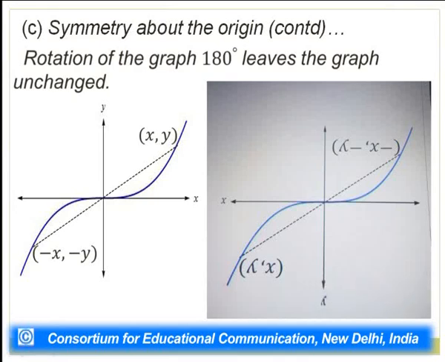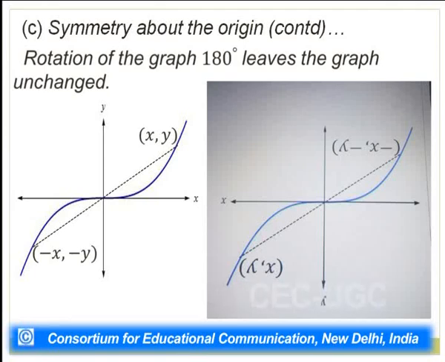So when we talk about symmetry about the origin, that means that the graph is invariant to a rotation of the curve by 180 degrees. And you can also think through things in this fashion. A 180 degree rotation basically means that you first reflect the graph in the y-axis and then reflect it in the x-axis. So there'll be two reflections happening here, and